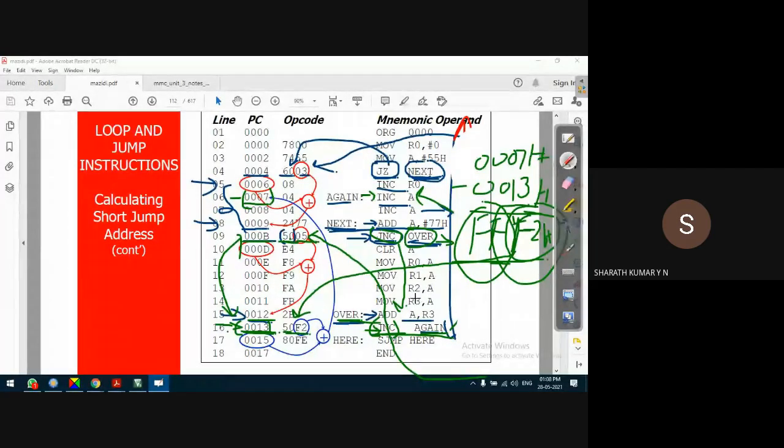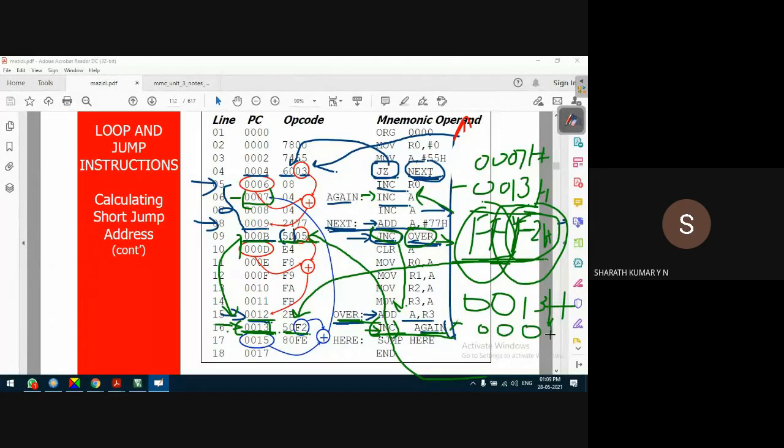In another way, how to understand this? What is a different way of calculating this? We can also calculate it as larger number minus smaller number, that is 0013H minus 0007H.